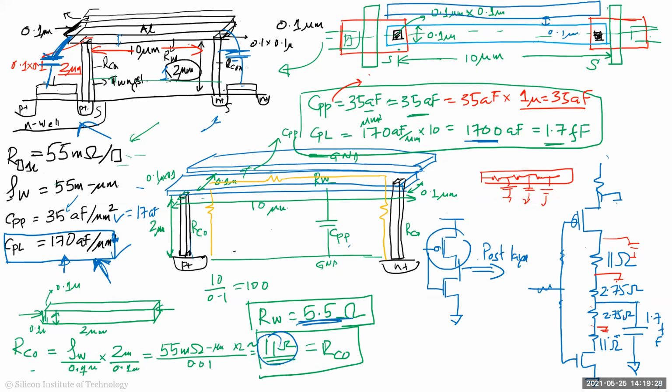The next thing we are going to look at is diodes. Diodes are also something you have to be familiar with, but mostly you're worried about the reverse bias diode more than anything else, because all your source, drain junctions, wells, everything is basically a reverse bias diode. So what we'll do is look at the reverse bias diode